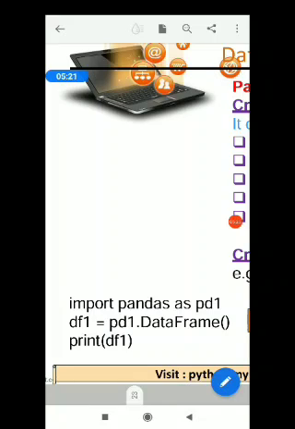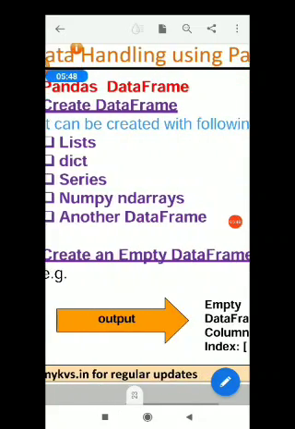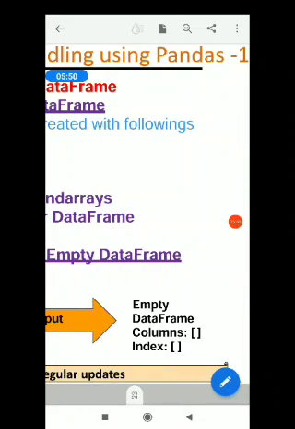I am giving df1 as the data frame name, and then you have to use the package name, the dot operator, and the constructor name DataFrame, and simply print the df1 data frame. If you print the data frame, you will get the output like this. It is an empty data frame. We don't have any column, we don't have any index, so this will be the empty data frame.